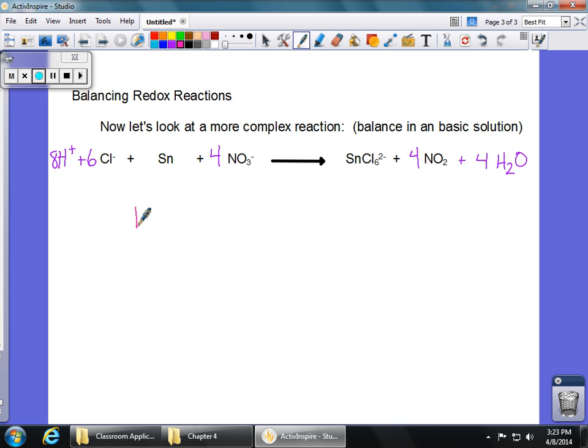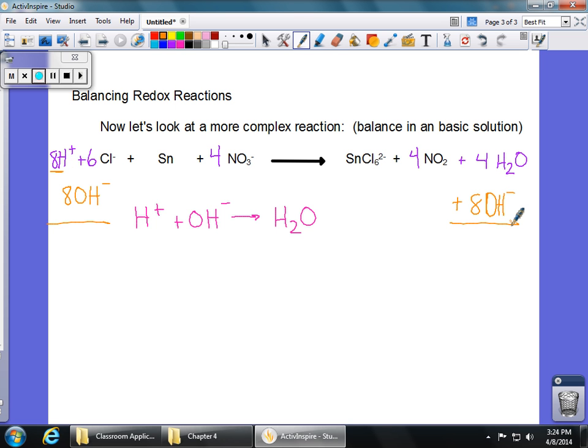Remembering that H plus OH minus neutralizes to make water, we can use that concept in balancing this redox reaction, because we are going to add 8 hydroxides to each side of our reaction. Why 8? So that these 8 hydrogen ions will be neutralized, because if it's a basic solution, we can't have